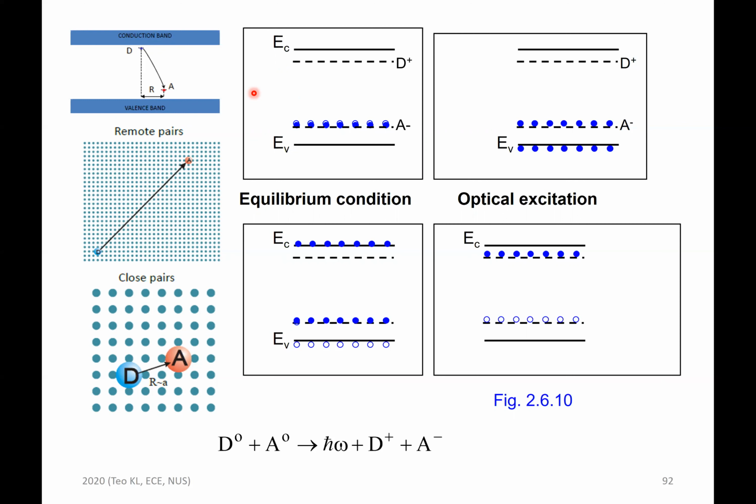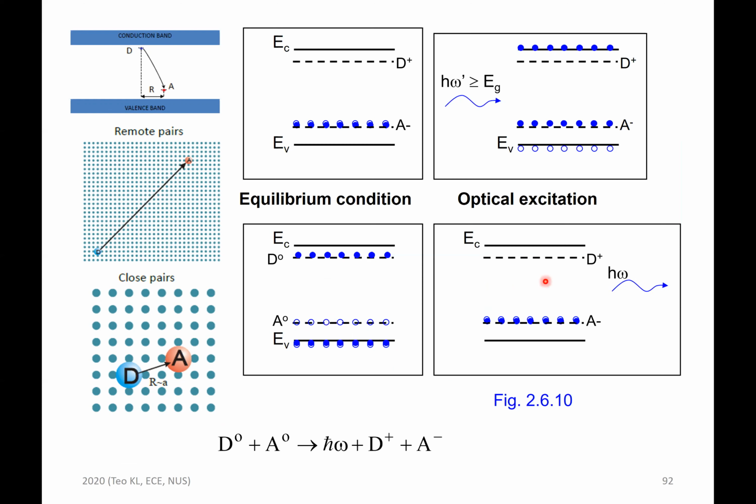In any case, now you come in with the incoming photon energy. You can excite the electron from the valence band to the conduction band, and this electron can be recaptured by the donor. Again, for the other one, the electron can be recaptured by the hole. So you go back to D0 and A0, and the electron and hole can recombine to give out light,